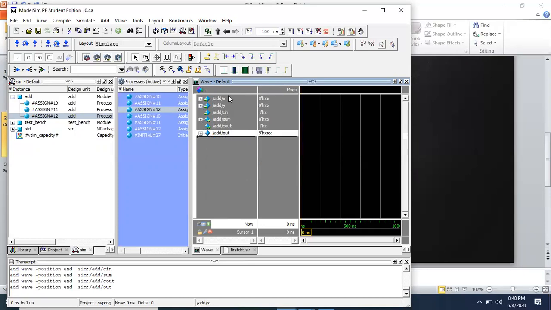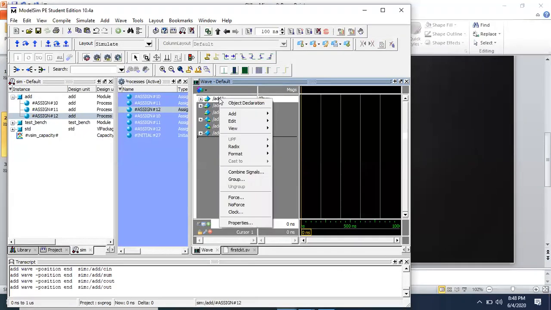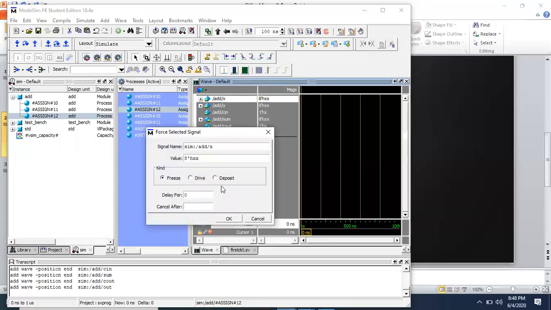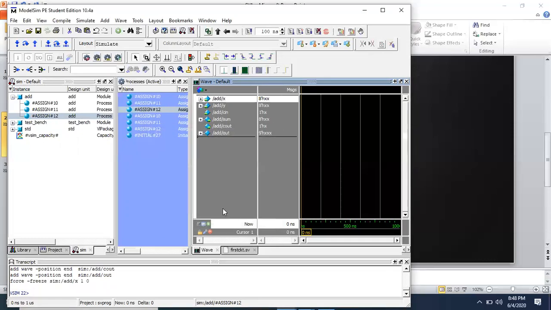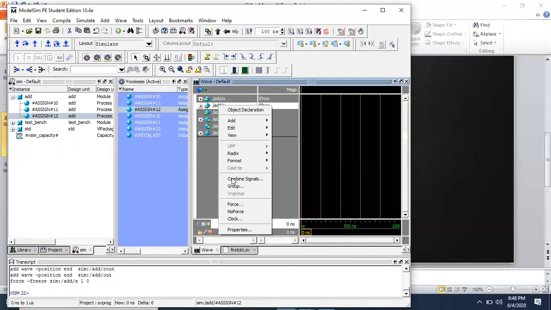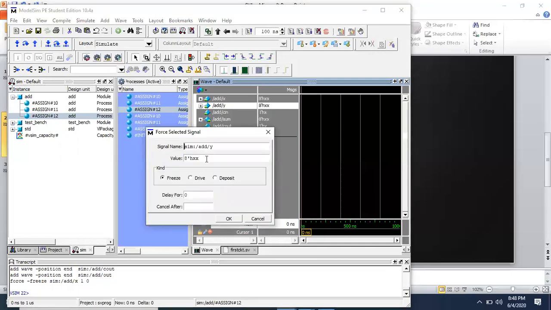Now to generate the values, click on this particular signal and click on force. Just give some value to that signal. By default it is taking 8 bit, but what is the value to that signal? I am just giving 1 to X signal. Similarly, give some value to Y. Just right click on that signal and click on force.